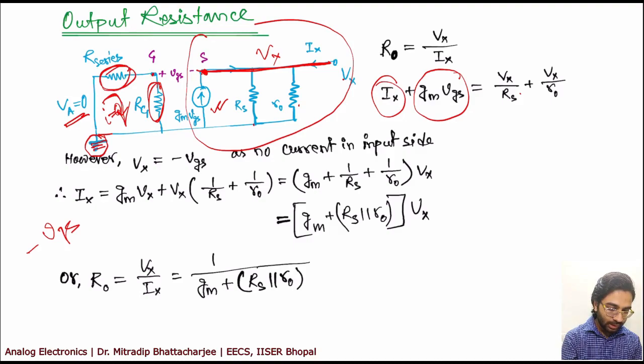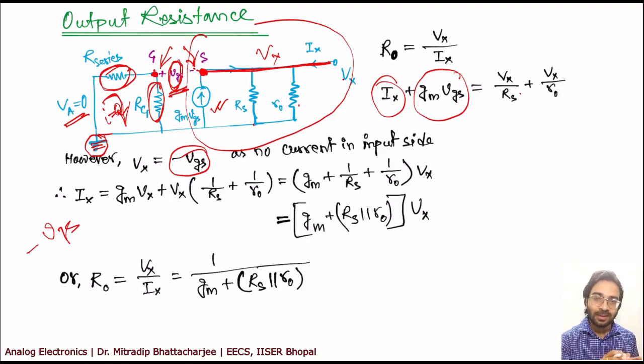If this part is grounded, you can consider this also as ground, and the voltage across these two terminals, the GS terminals, is VGS. However, the positive terminal is this for this voltage source, and the negative terminal is this. So the polarity will reverse if you consider from this point. So your Vx is minus VGS. Why minus VGS? Actually your ground is here, but for this voltage source the positive terminal is here, so it is reversed. That's why your Vx is equal to minus VGS.